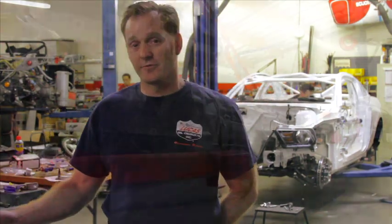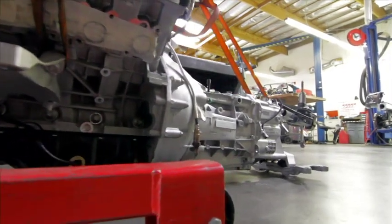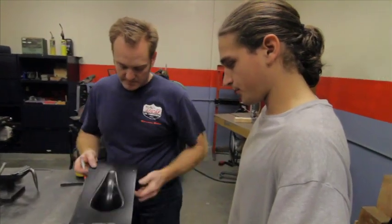We've got our new Boss 302S motor sitting here. It'll get ready to go back in. We've got a few things that we're still working on, but I think all the fabrication's done, so now we're down to building it and assembling it and seeing what the next step is that holds us up. You don't want to do anything on that. No, because